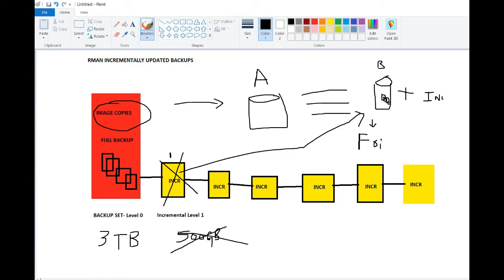And also you need not wait for the additional 30 minutes or 1 hour to recover this incremental backup in case of restore. So it will happen, what do you say, in the background. Okay, so subsequently on Tuesday you will again take the incremental backup, and these changes also get applied to the data files.